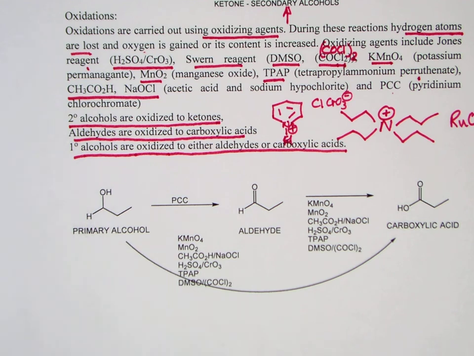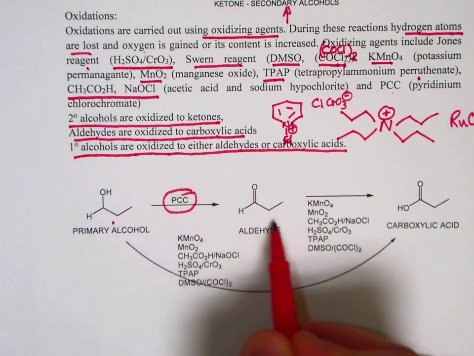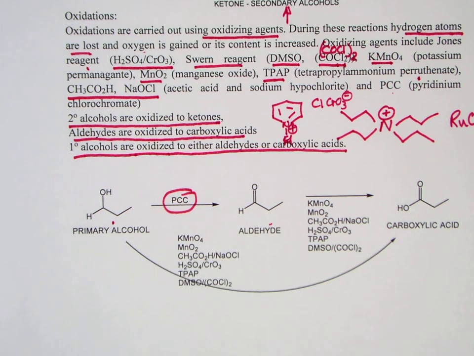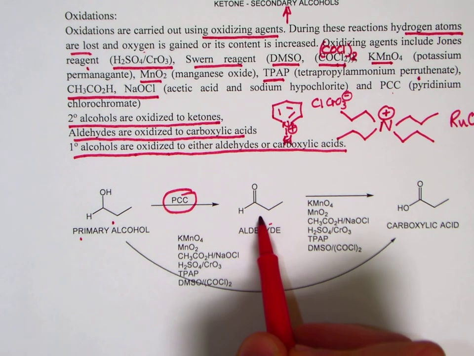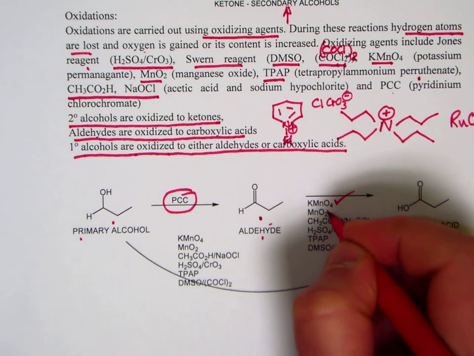So if we take a look at our primary alcohols first, we can treat our primary alcohols with PCC to produce aldehydes. I want to emphasize that because that was what the reagent was designed for, to oxidize primary alcohols to aldehydes, which is what we see here, PCC. In order to oxidize aldehydes to carboxylic acids, we can use our potassium permanganate, we can use our manganese oxide,